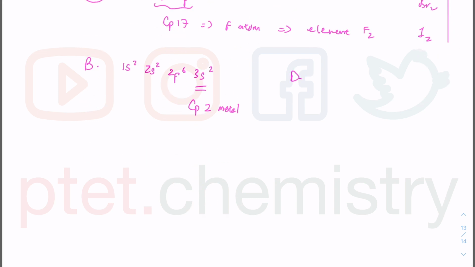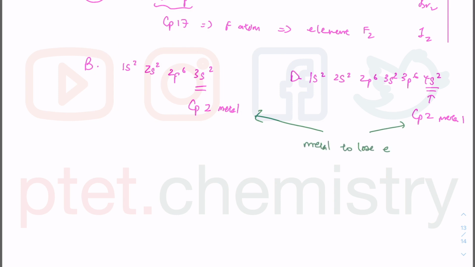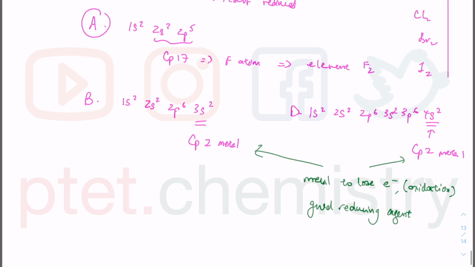And if I look at D, I have another group 2 metal, so 2p6, 3s2, 3p6, 4s2. So this is again a group 2 metal. So metal likes to lose electrons. So metal has that tendency to lose electrons, therefore they're electropositive, therefore they are good reducing agents because they like to get oxidized. They like to get oxidized, okay? They like to lose electrons, they like to get oxidized, they are good reducing agents, and therefore they cannot be